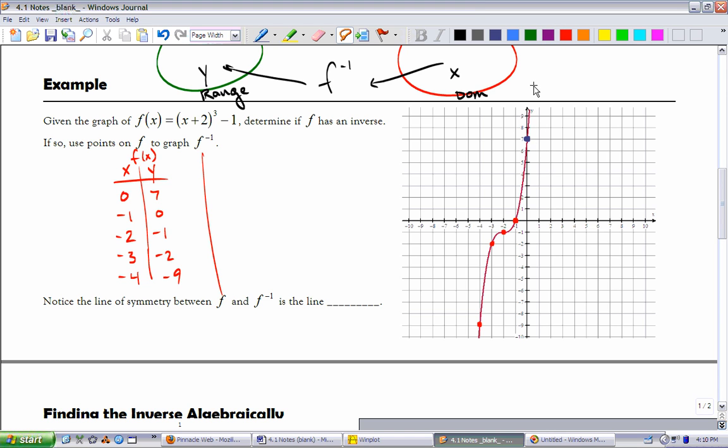Well, it's not letting me do it, so I'll just erase it and then make it red. Okay, these are our points in red. Then on its inverse, which I'll do in blue